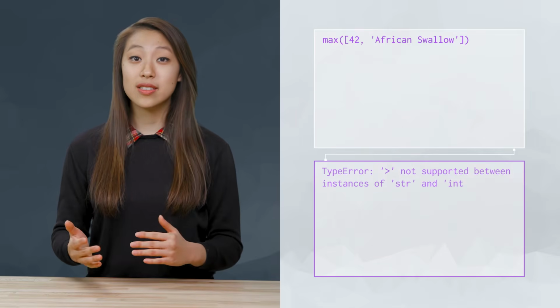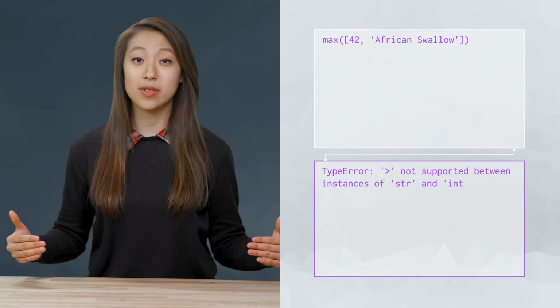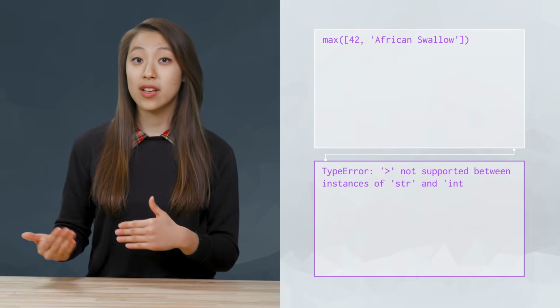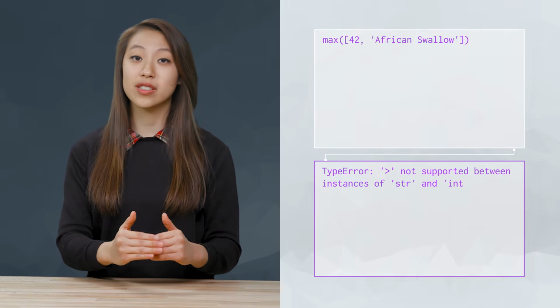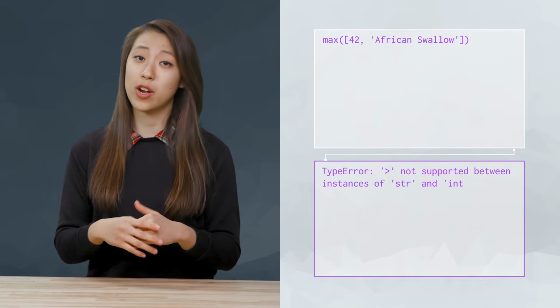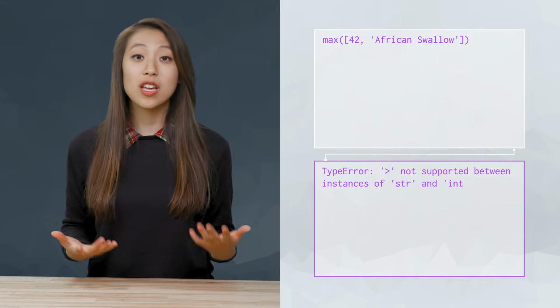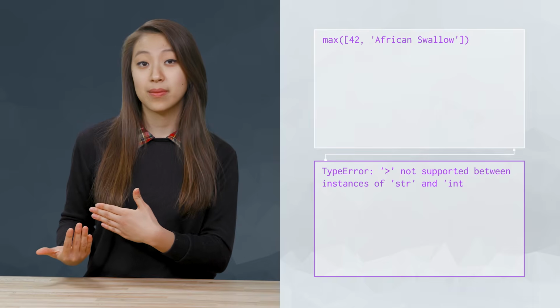The greater than comparison operator is defined for many non-numeric types. If you're working with objects that can be compared with this, then you can use max on a list of the objects. For strings, the standard comparison is alphabetical, so the maximum of this list is the element that appears last alphabetically. Although you can create lists that hold a mix of elements of many types, as you see here, integers and text, the max function is undefined for lists that contain elements from different incomparable types. Here, you can see it breaks with this mix of data types.